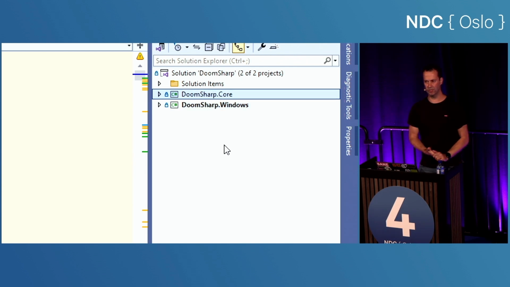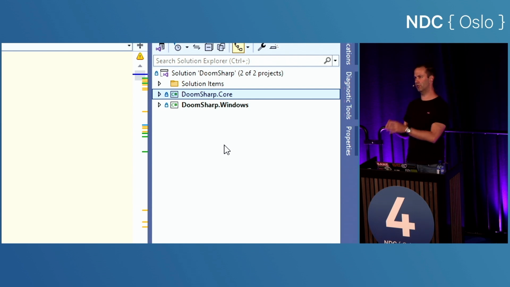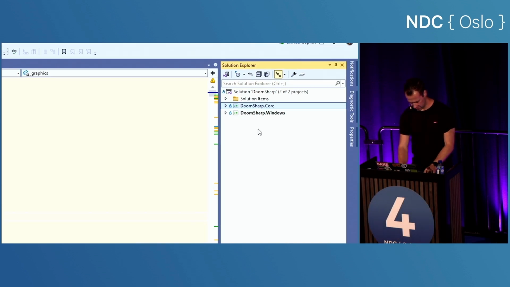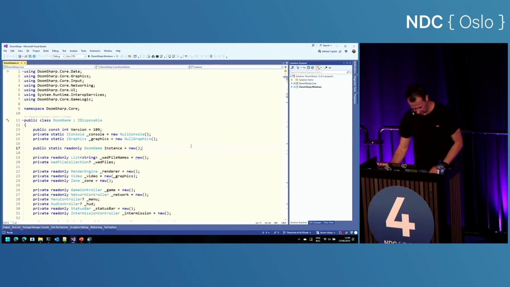DoomSharp Core is the actual Doom engine that was ported over from the C code to .NET code. This was basically done line by line. We did some optimizations to get it a bit more object-oriented, but it's basically a one-on-one clone of how the original Doom engine works. And that all starts with the Doom game class.